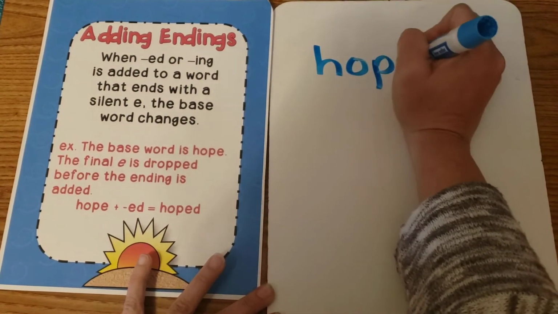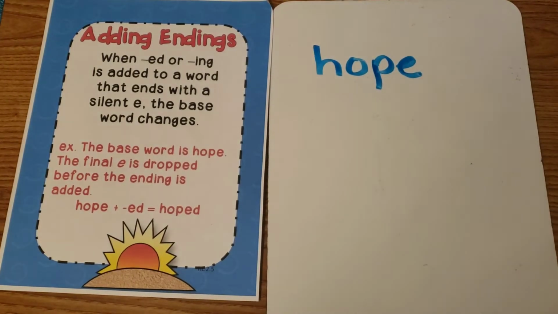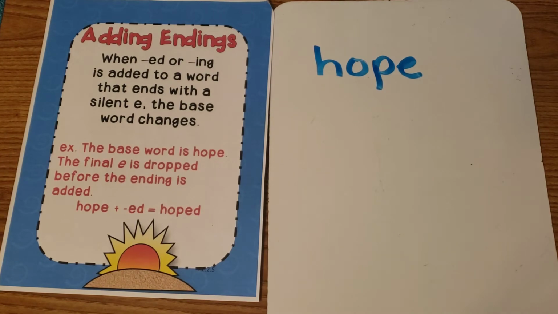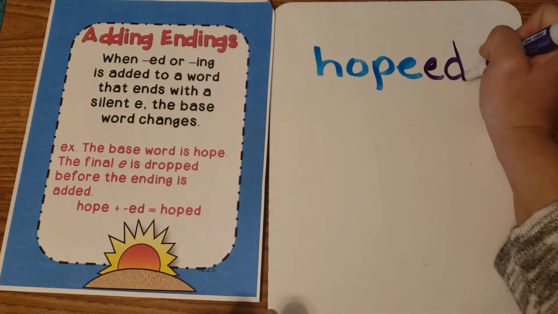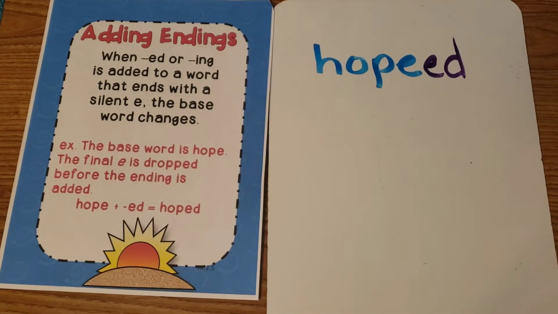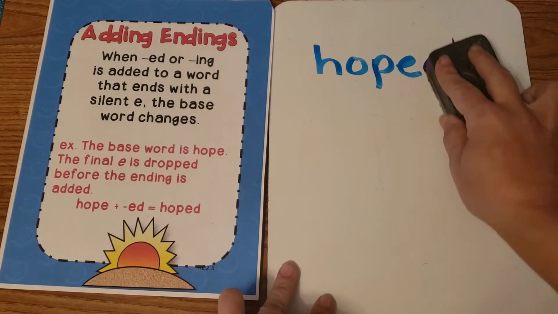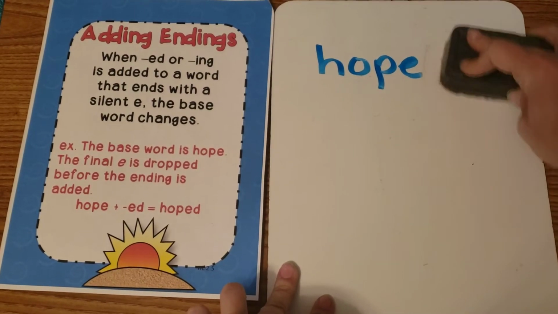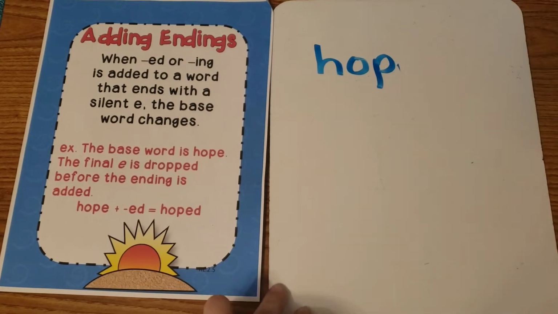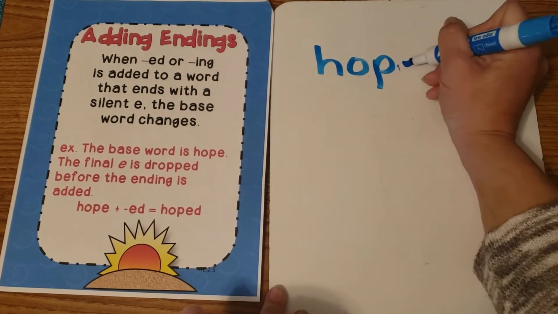So we have the verb hope. And if we wanted to say hoped, we wouldn't just add ed. That looks weird, right? That does not look right. Since there's already an e there, we don't have to add ed. We just need to add a d. So you can think of it either way. You can think of it as drop the e and add the ending,